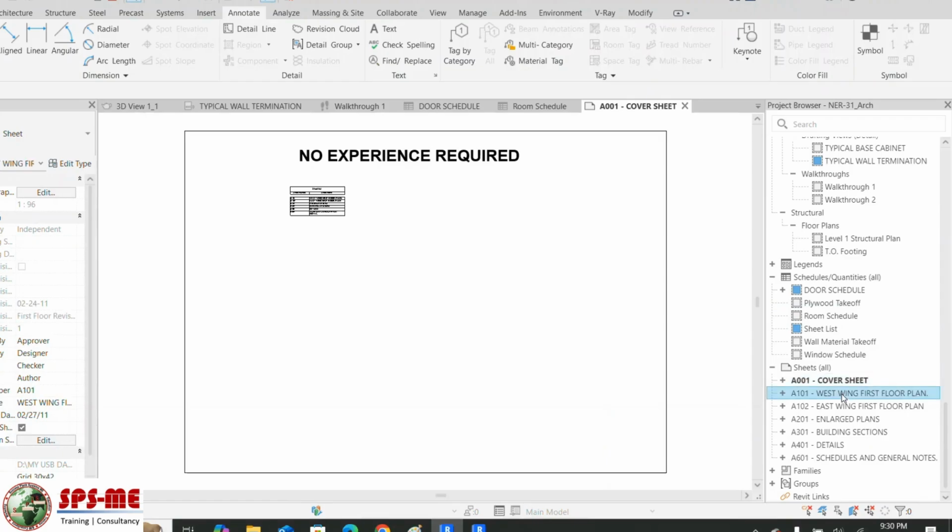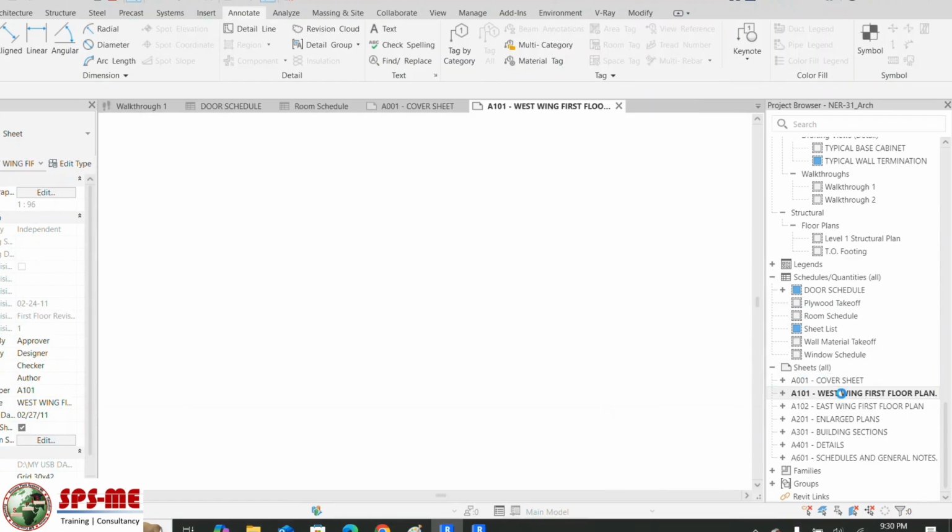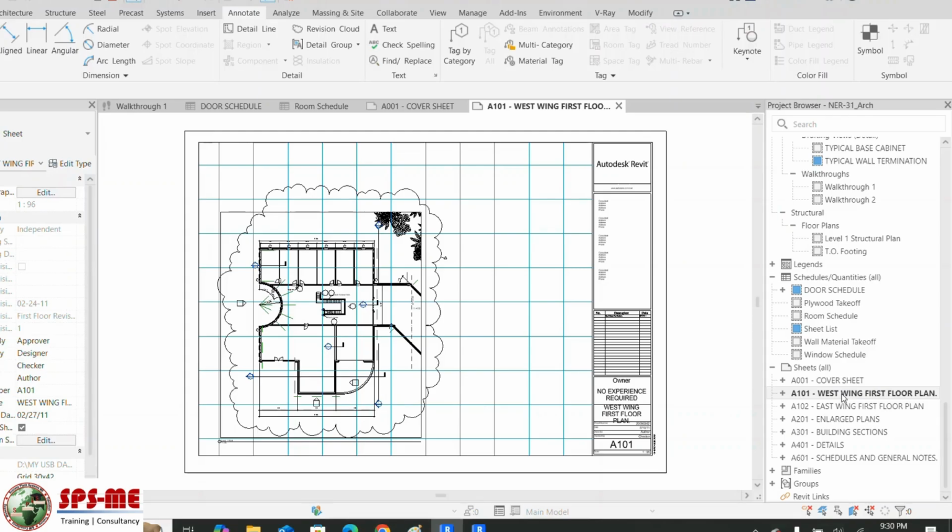Then the same way you can create your sheets. Currently I use the sheet here, which is the sheet provided by default by Revit, but you can create your own title block. You can create your own title block and you can load this title block. And one more thing, normally when we create the model, you have to use